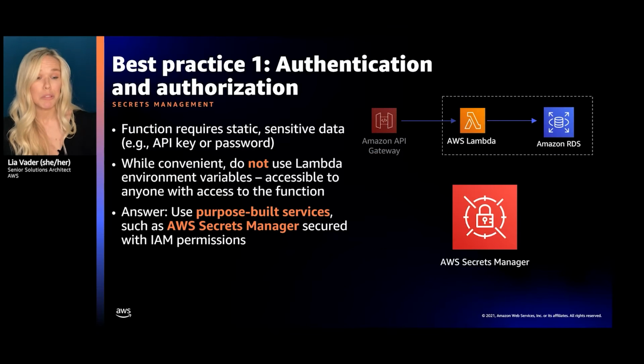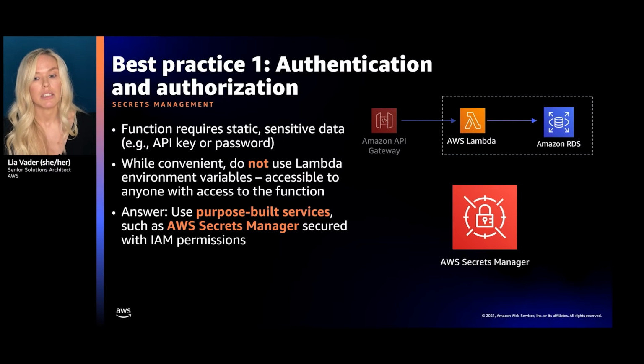So let's cover some more access control, because sometimes our functions need access to secrets or API keys, and there are a number of ways to handle this. You can store them in environment variables in Lambda, and Lambda does encrypt these by default. But they're also accessible to anyone who has permissions to the function. And ultimately, when you're using environment variables, you're managing your secrets on a per function basis, and that's going to become very hard to manage.